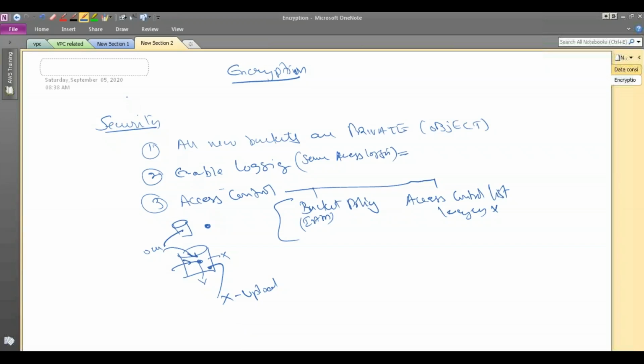Okay, like that you can control. If X needs to upload, you have to give him only upload permission, not download permission. Even if it is the file he uploaded, he will not be able to download. So like that you can control the permissions granularly, using IAM policies or bucket policies. We will see this in the security class, but I'm just telling you what options you have with S3,